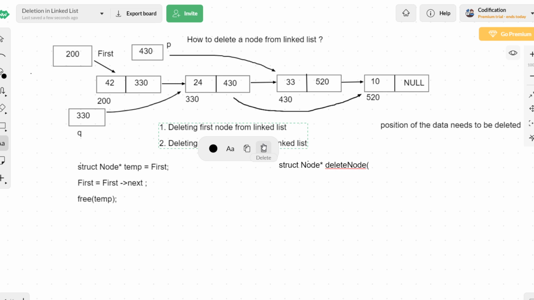What are all the data that we require to do this process? We want two pointers called P and Q, and also we want the position of the node that needs to be deleted. Three data we require. First is a pointer variable, so struct node star P. Second is also a pointer variable, so struct node star Q. Third is an integer position value, so integer position POS. Okay, let me open this bracket.